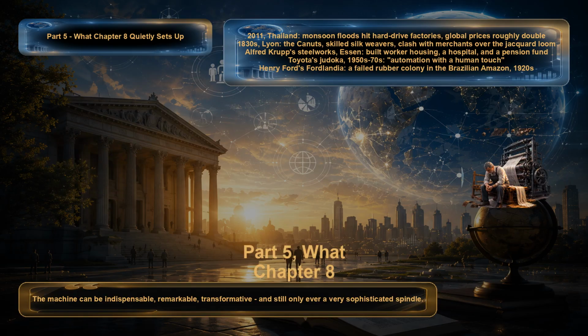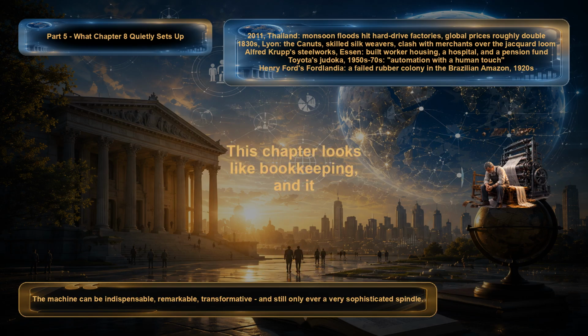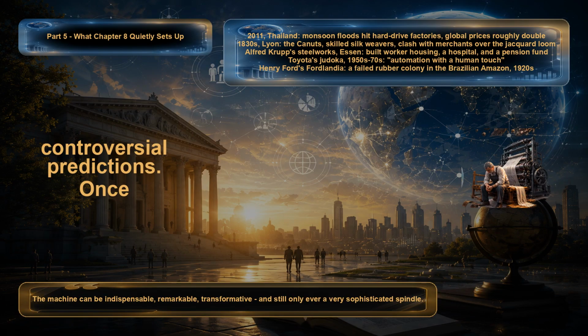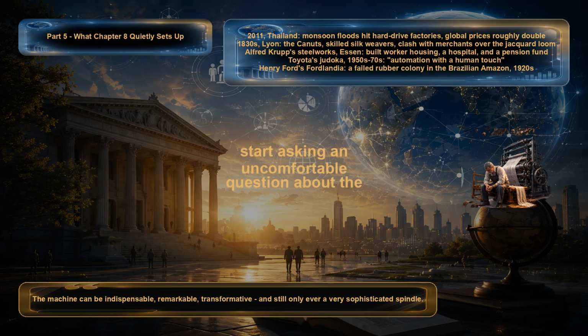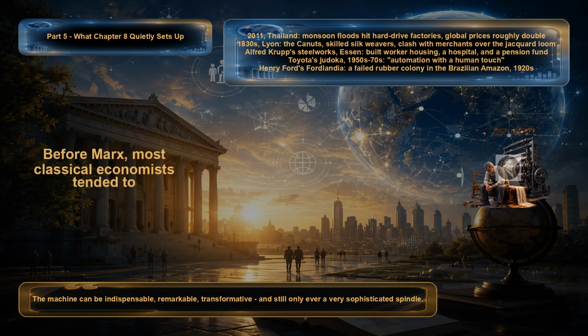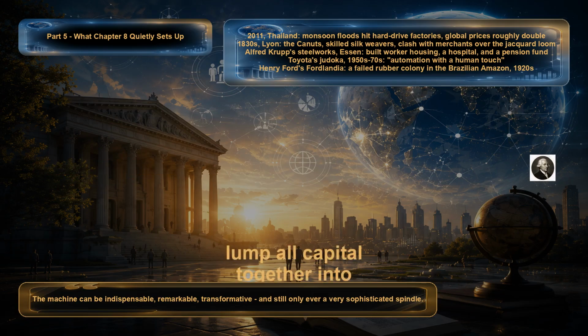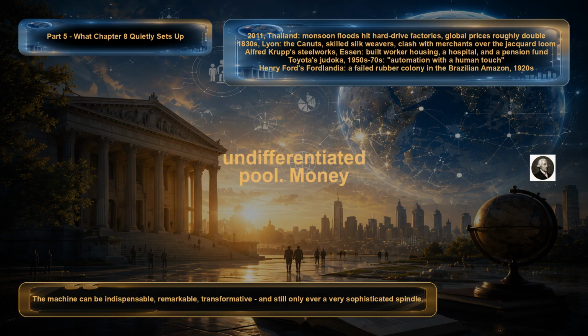Part 5. What Chapter 8 quietly sets up. This chapter looks like bookkeeping, and it is actually the foundation for one of Marx's most controversial predictions. Once you can separate these two kinds of capital, you can start asking an uncomfortable question about the future of profit itself. Before Marx, most classical economists tended to lump all capital together into one undifferentiated pool, money invested, money